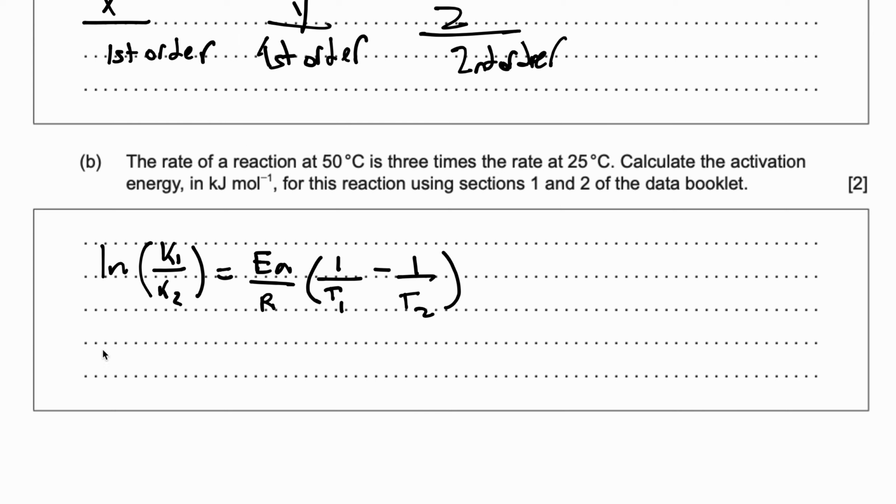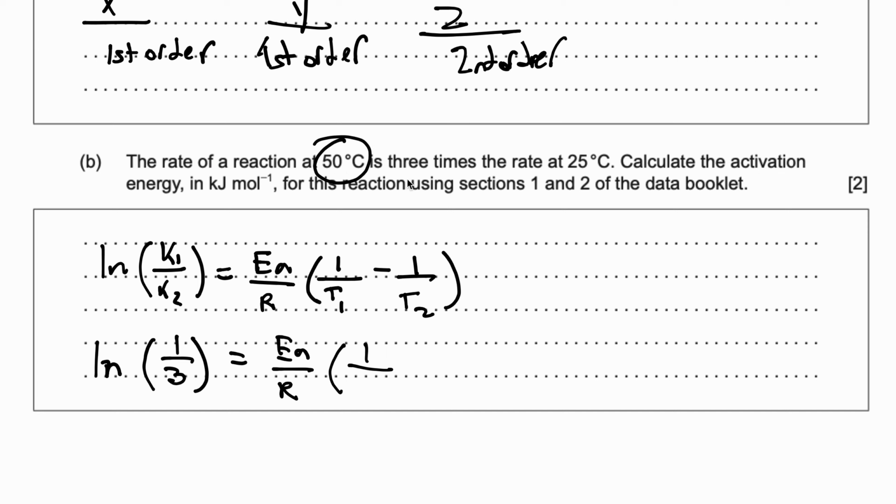Okay, so I can write that here. ln 1 is to 3, right? That's the ratio of the rate of reactions and also the ratio of the k constants, because that's what it tells us here. And that's equal to Ea over R times 1 over T1 minus